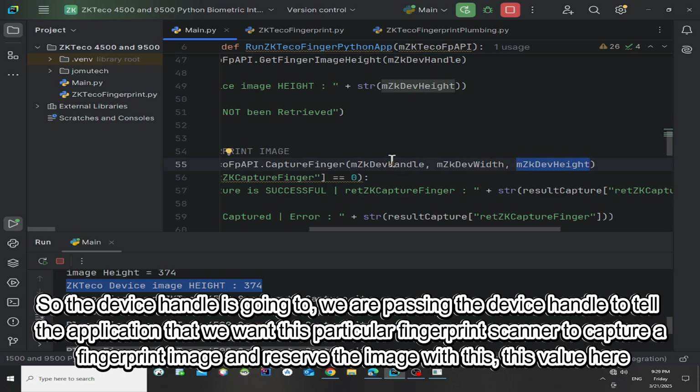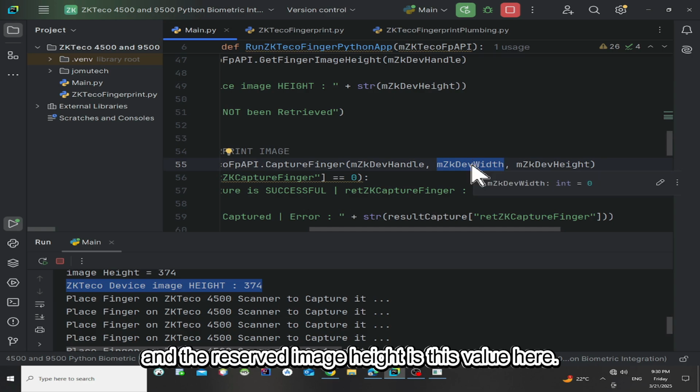We are passing the device handle to tell the application that we want this particular fingerprint scanner to capture a fingerprint image and reserve the image width as this value and the image height as this value.